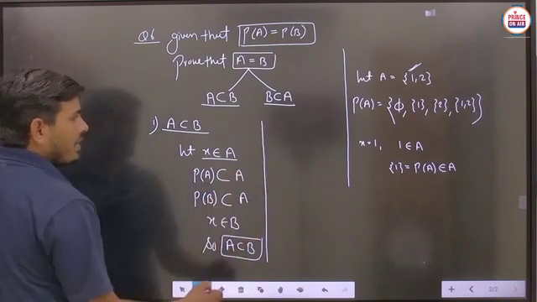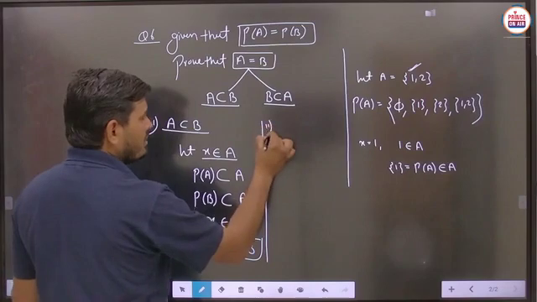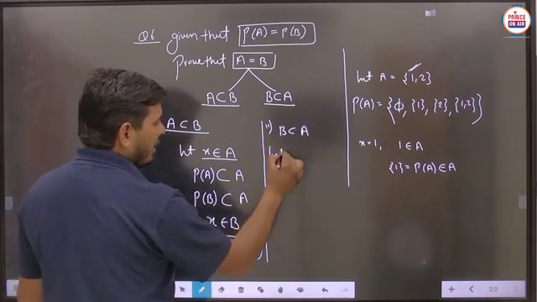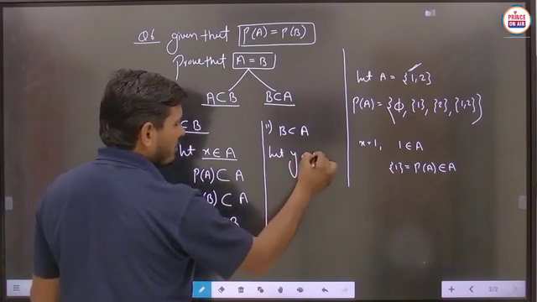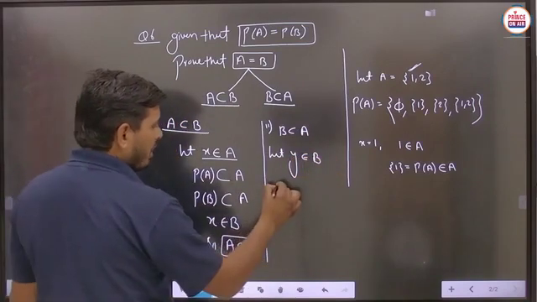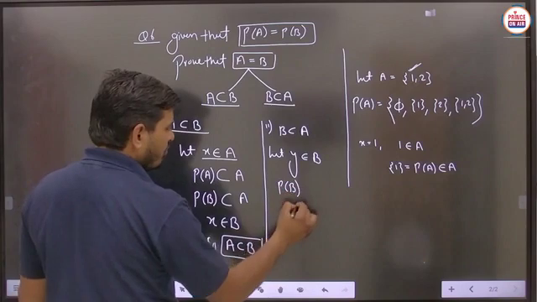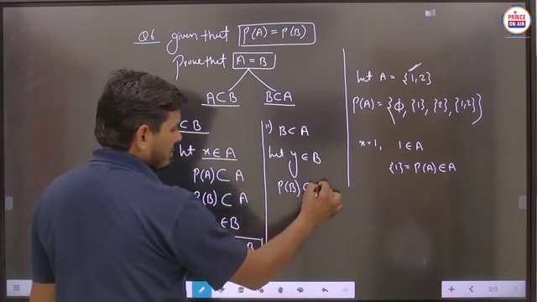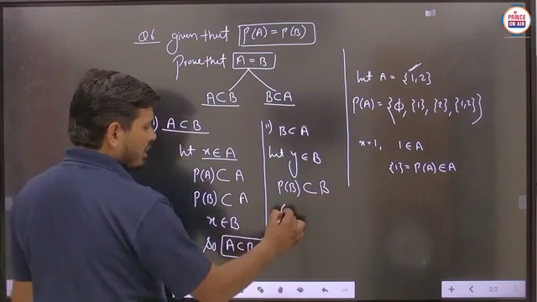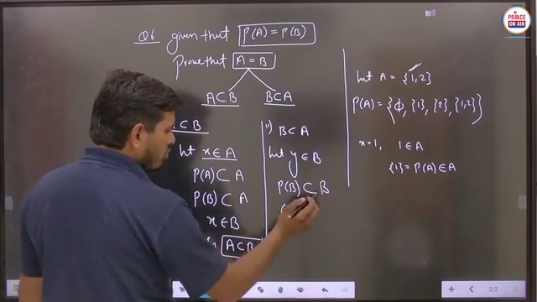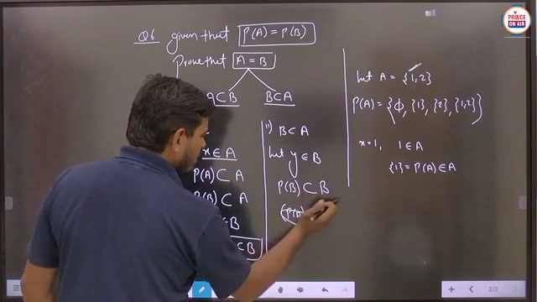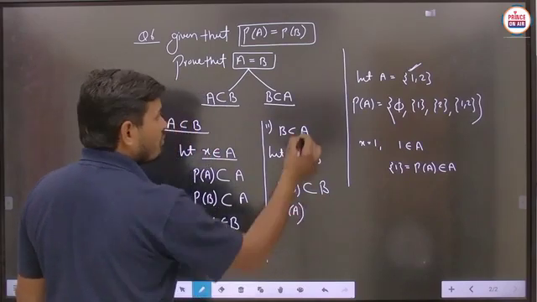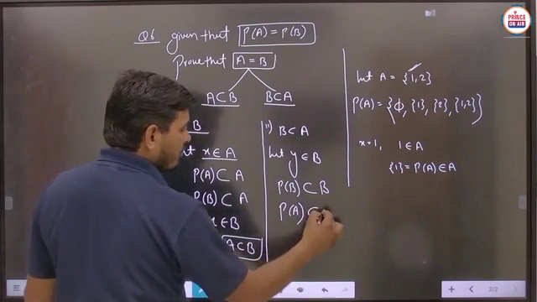Similarly student, the second thing you can prove here, second is B is a subset of A. So similarly you can do the proof. Let any element y belong to the set B. Now you can say that the power set of B is a subset of the set B. Is it clear? Now this is given as the power set of A. So basically if we take this power set of A, because the power set of A is given as the power set of B, so this is found to be equal to B.